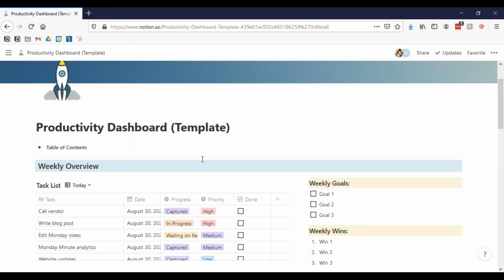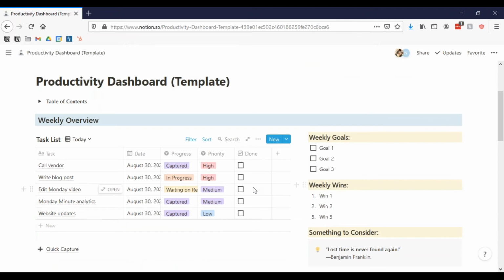So I like to keep my template very clean and very easy to read. And it might seem overwhelming, but once I go through everything, you're going to see how easy it is to keep everything organized and maintain it. It's really just the setting up of your dashboard that is going to take the most time. Once you have it in place and you have something that you know works for you, it's quick and easy